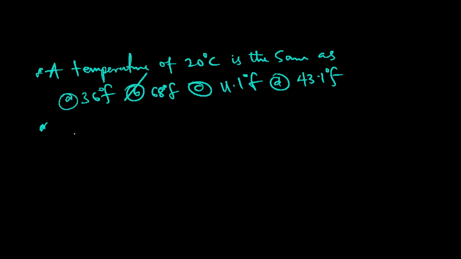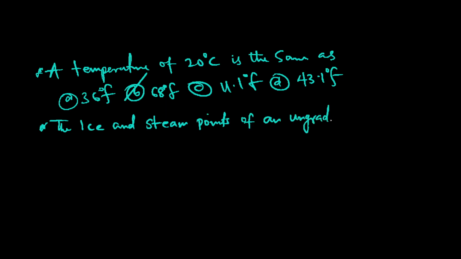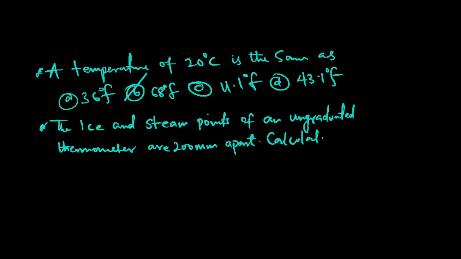Okay, let's make it a bit more complex. The ice and steam points of an ungraduated thermometer are 200 millimeter apart. Calculate the length